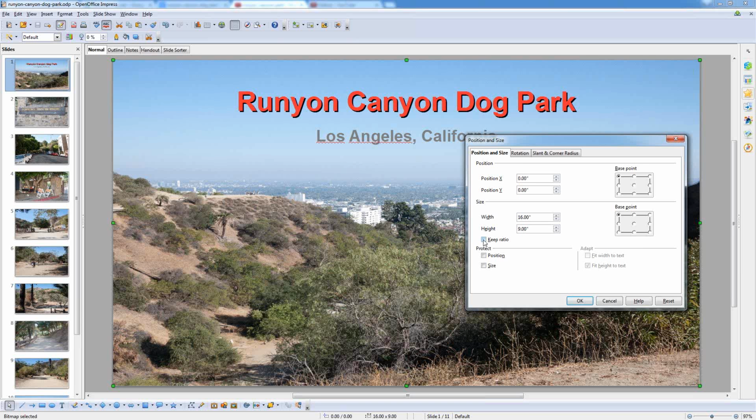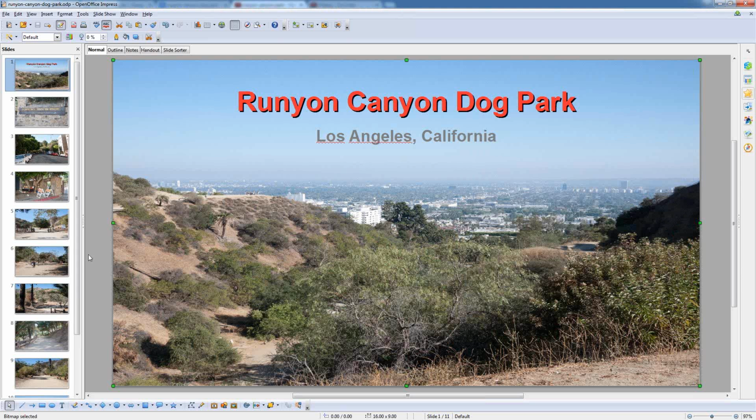One other thing, you may need to uncheck this Keep Ratio box right here to be able to change these two numbers to these exact numbers. Otherwise, as you change one, it'll be changing the other one automatically, and you may never be able to get to this particular setup. So once you have adjusted these numbers here and you click on OK, it'll resize your image to stretch to fill this whole page. So you want to proceed and do that for as many images as you feel like needs to be displayed